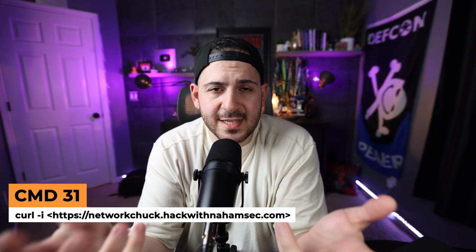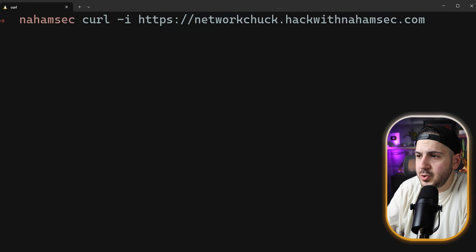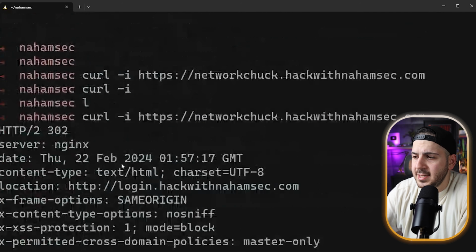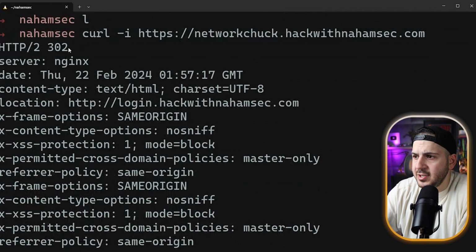Next up, curl from Nahamsec. My favorite command is actually not using any hacking tools, and it's probably one of the most basic commands used on Linux, and it comes by default on almost any operating system, and that is a curl command. And let me show you really quickly how I use it. The first thing I want to do is usually I just want to do a curl -i. That usually gives you the headers and every response in that header of what it is coming back from the server. So in this case, it's giving us a 302 and it's saying, hey, you are going to get redirected